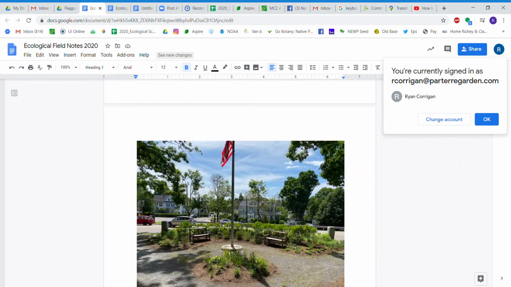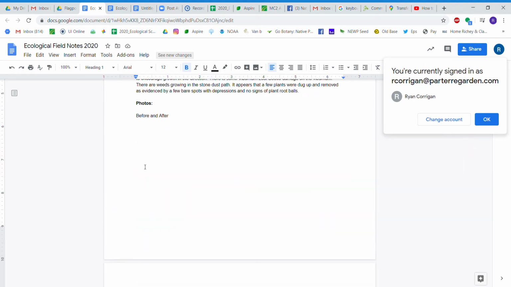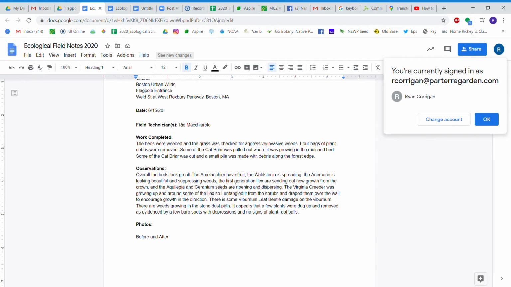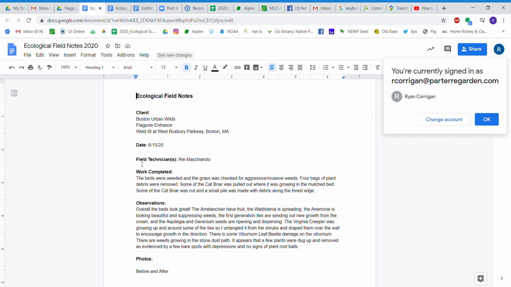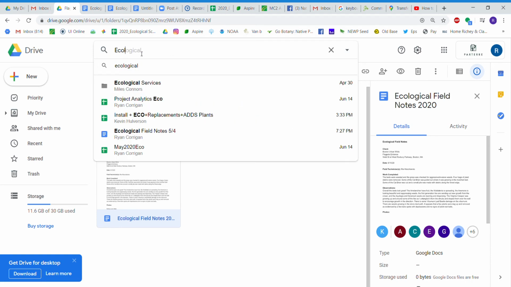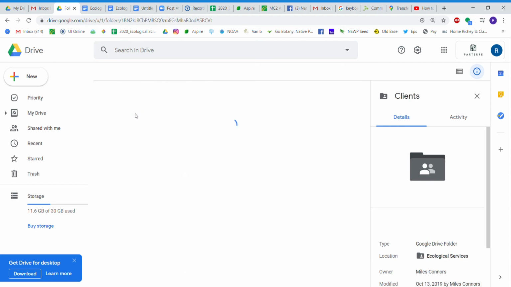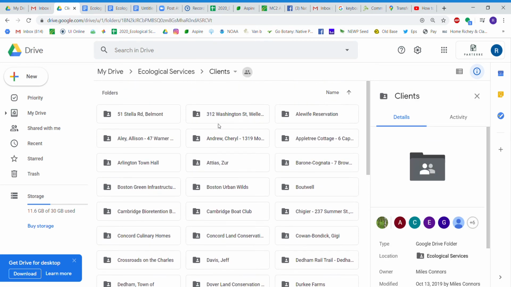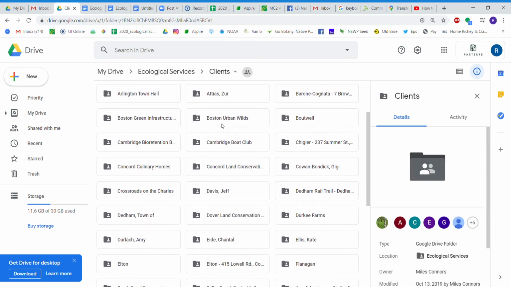So that is a general field note. I'm going to be in any of the roadmaps. I'll be sending you the client's email addresses. If they're not already a folder, you can just go back to Ecological Services, Clients. If you say you got a new client that you need to type in,